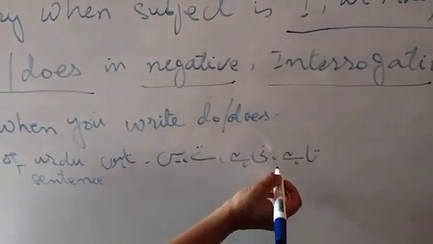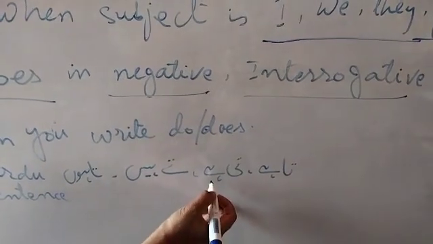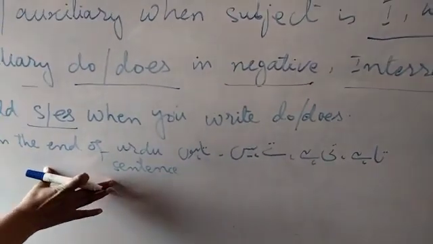The last thing which is very necessary to know before doing translation is that at the end of Urdu sentences in present indefinite we have the words ta hai, ti hai, te hai, ta hu. It comes at the end of the Urdu sentence.